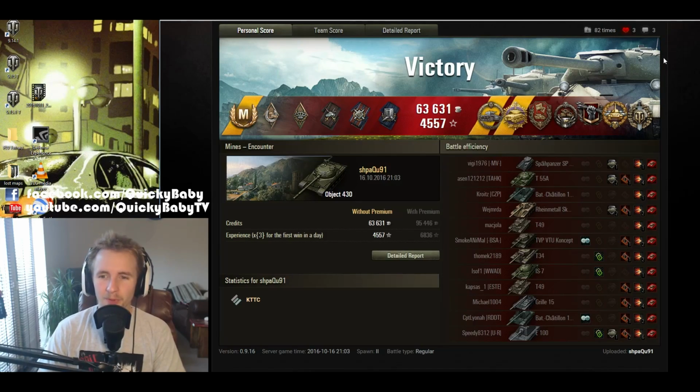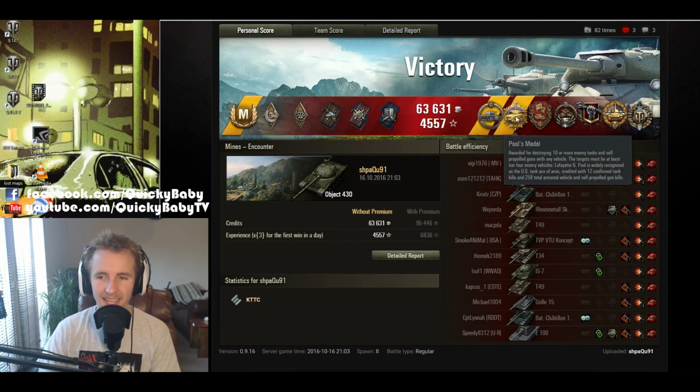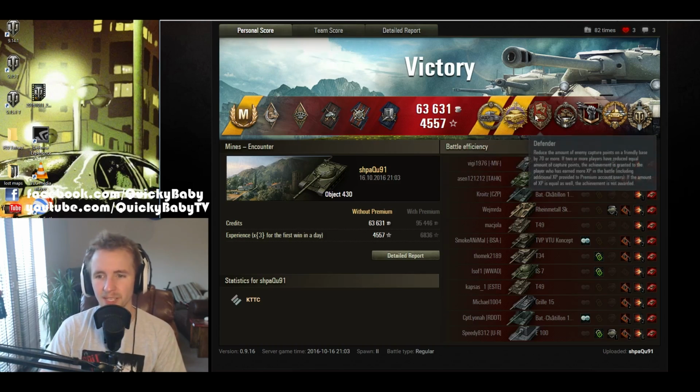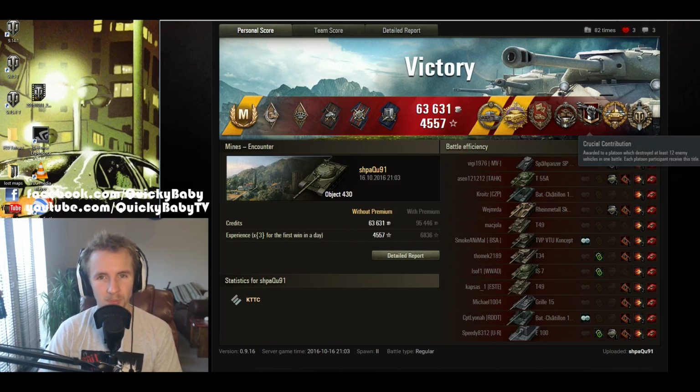Chapecout takes down a plethora of hero medals here. He manages to get the one that everyone wants, the Kolobanov's medal for standing alone against at least 5 opponents, in this case 7, the Pool's medal for his 12 kills, a Defender medal for interrupting the cap circle against that Scorpion. He also gets himself a Nader's medal, which is for destroying all of the enemy light tanks on the enemy team, at least 3, and also a crucial contribution medal, and that's for picking up 12 kills in